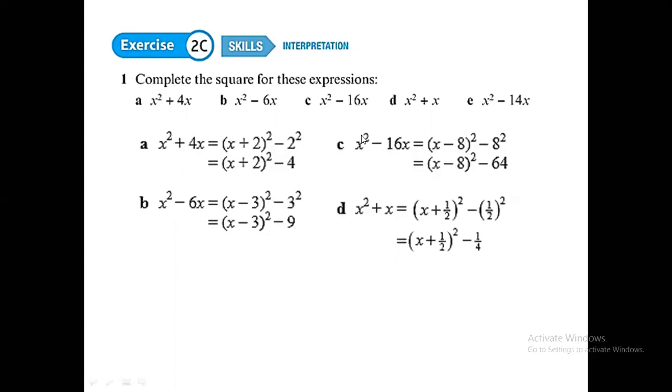Over here, this one also, (x minus 8) whole thing squared because half of minus 6 is minus 8. The better answer is (minus 8) whole thing squared. Put a bracket over here, (minus 8) whole thing squared. But whether it's positive or negative, the square number is positive. That is why they just ignore this minus and write it. But it's better to write it in that way, right?